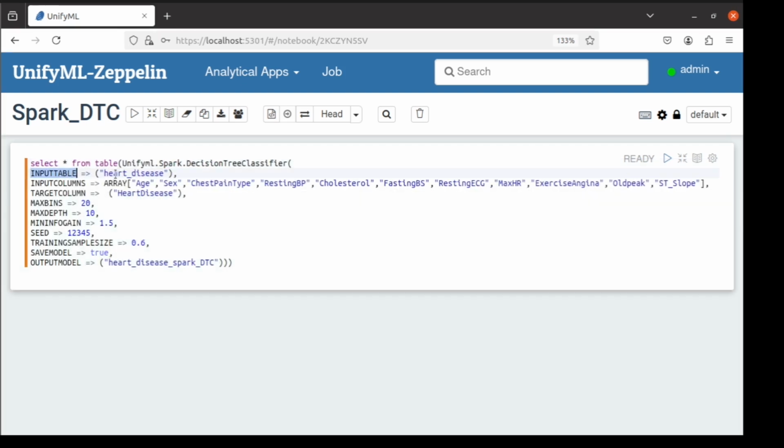To begin, mention your input table and input columns. Specify the target column that needs to be predicted. Set the model parameters: max bins, the maximum number of bins used for discretizing continuous features; max depth, the maximum